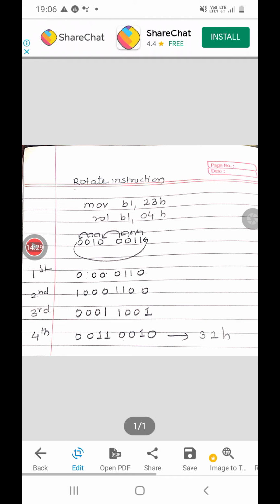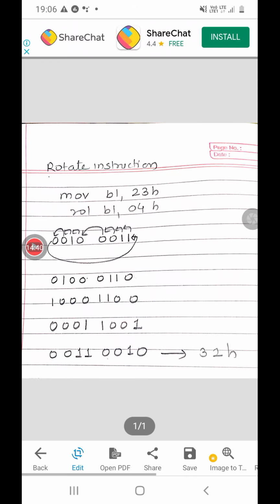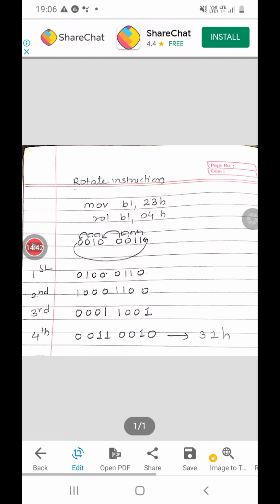Now I have to convert this 3 into its ASCII. For 32H, again I will rotate left by 4 bits, so I will get 23H. From 23H I will AND 0FH, so I will get 03. This 03 I will compare with 9.